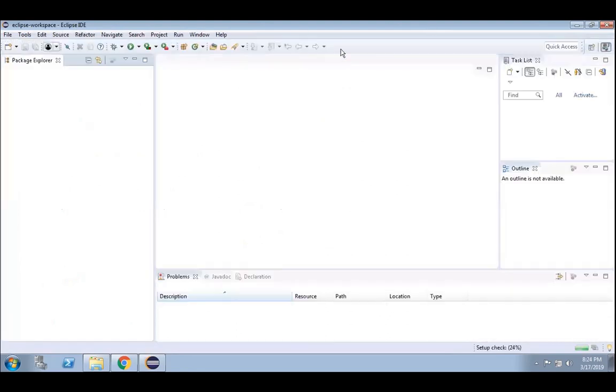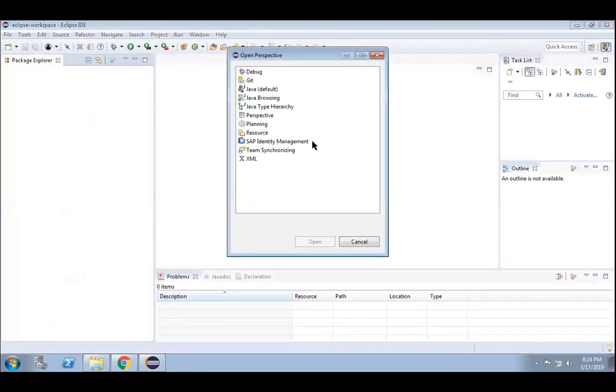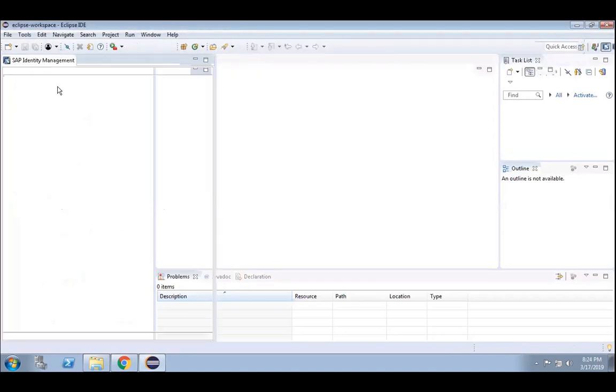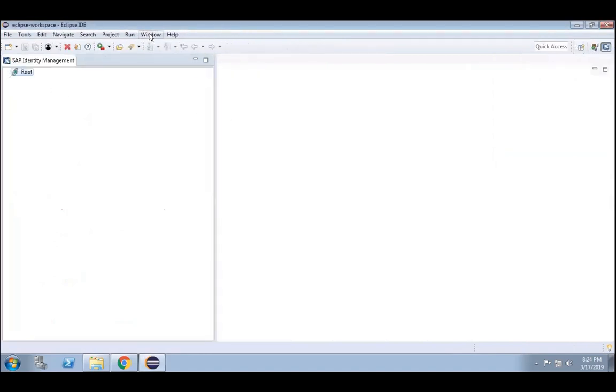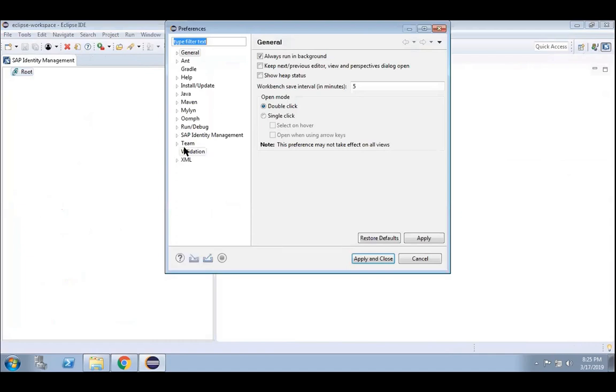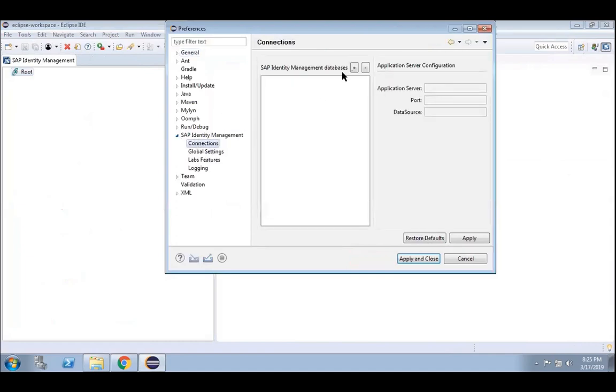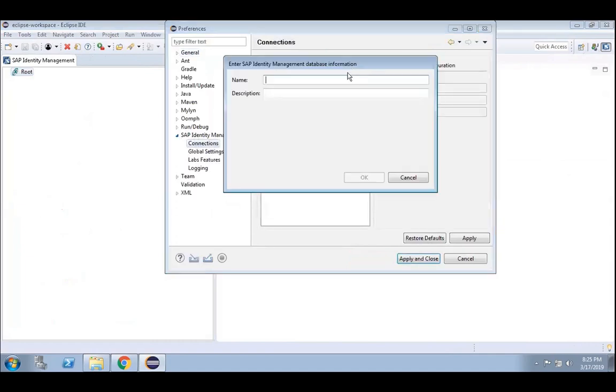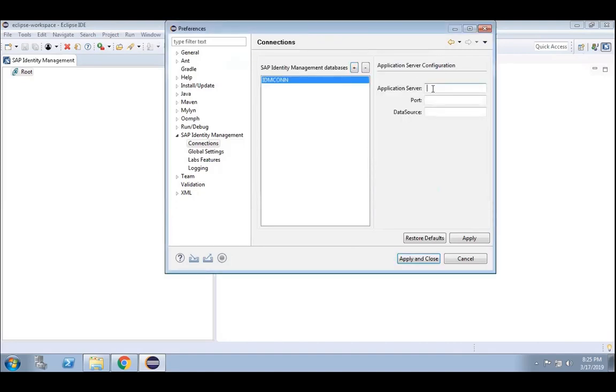Okay. IDM preferences, connectors. What was the name that we have given? IDM CONN. HANA 60 dot IDES dot com, 50,000.